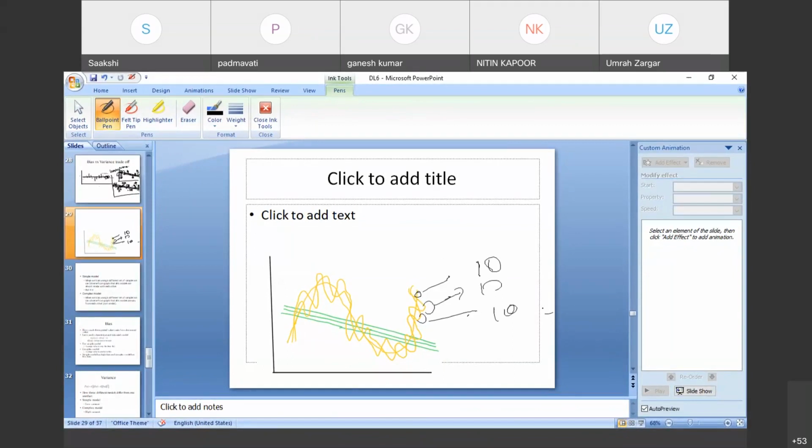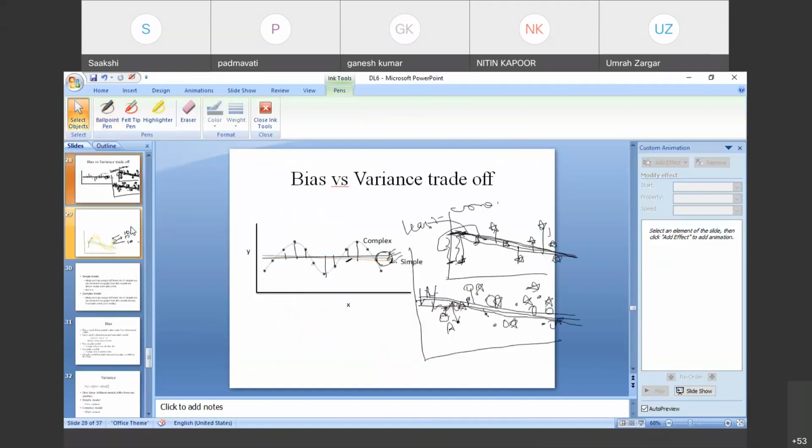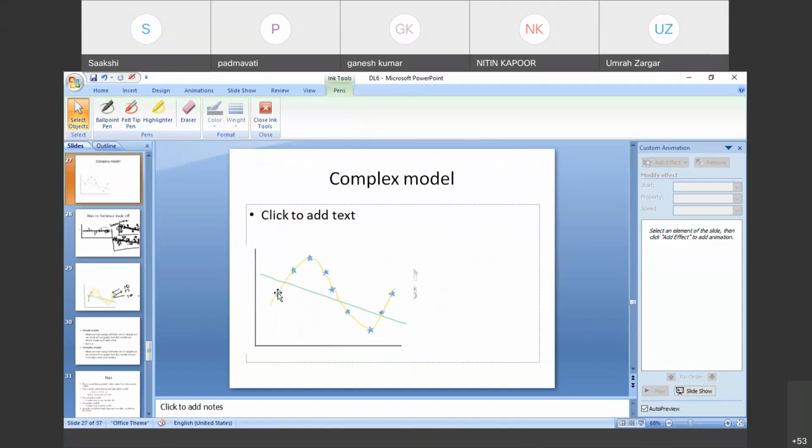Now you can see the data points haven't been shown on this graph, but in the previous graph we saw how close my data points are to the predicted one. For example, in this graph, my predicted curve is moving closely over the entire data set. That means at least for this example it is giving me good accuracy, that is, zero error.